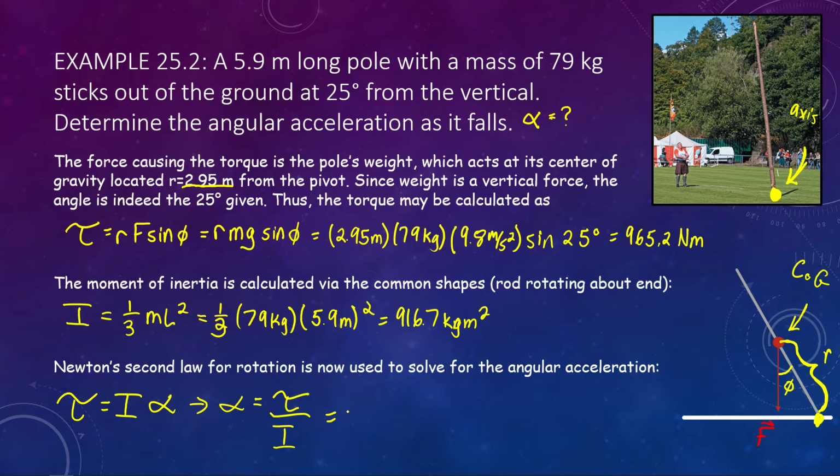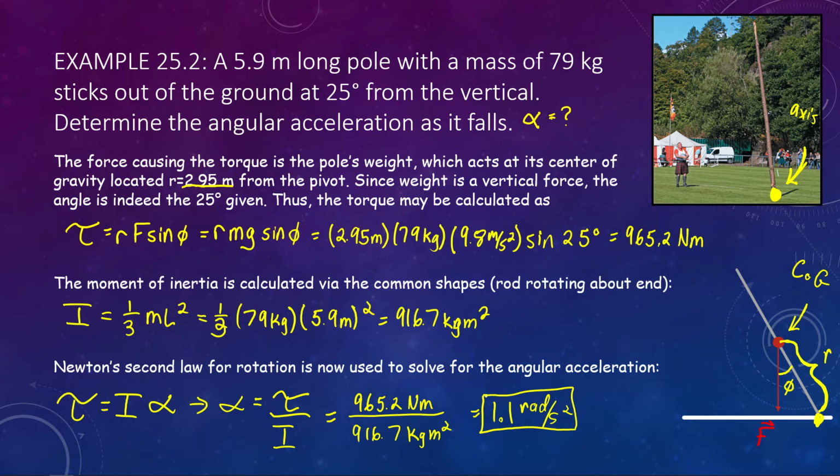We just calculated them. That's 965.2 newton meters divided by 916.7 kilogram meters squared. This gives you 1.1 radians per second squared